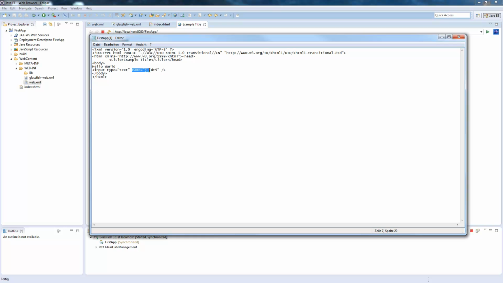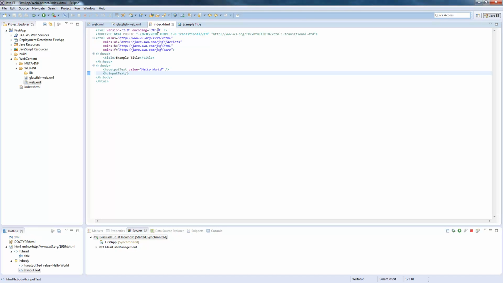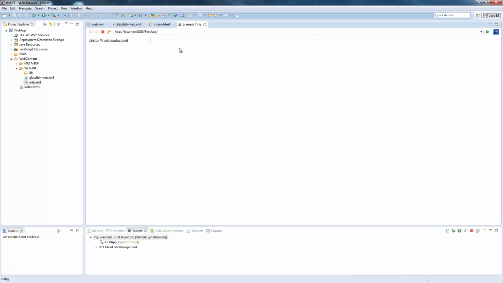We have here type text, and this is a name. It's the ID of the control, which is automatically generated by the Java EE application server to access the value from later on. We can also override this, but we will do this in the later part. In the next tutorial I will show you how those backing beans work, where you can put the contents from this text field into a variable of a Java class and do whatever with it when you press a button or so. But first of all, this is the really basic part, and I hope you